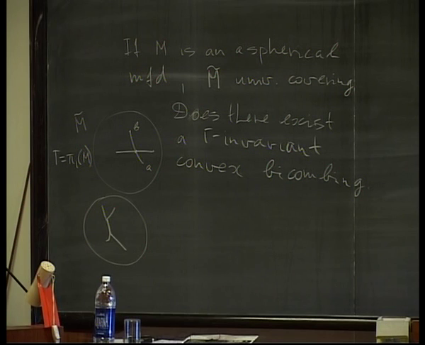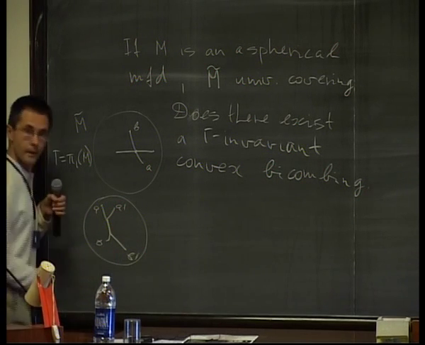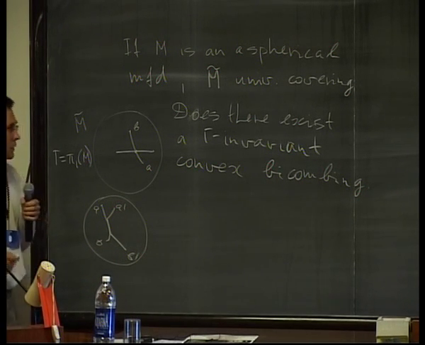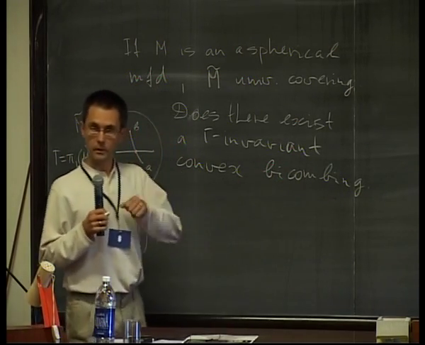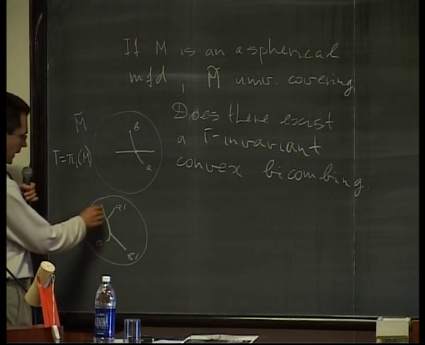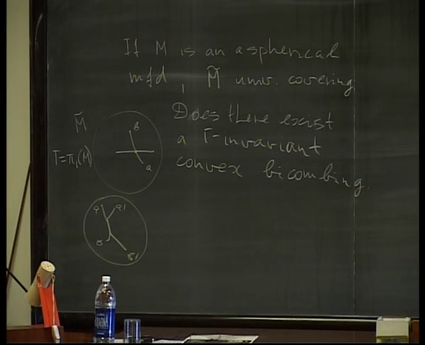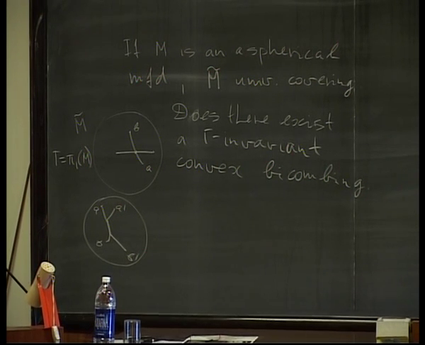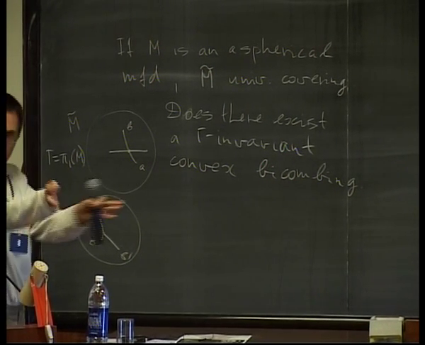Convex means the following. If you have a quadruple of points like A, B, A prime, B prime, what is a bicombing? For any pair of points, you have a choice of path between those 2 points. So you take the path connecting A to B, and the path connecting A prime to B prime. You require that the intersection of these 2 paths is an interval, possibly empty. So whenever 2 paths meet each other, they should continue along, and maybe then diverge.